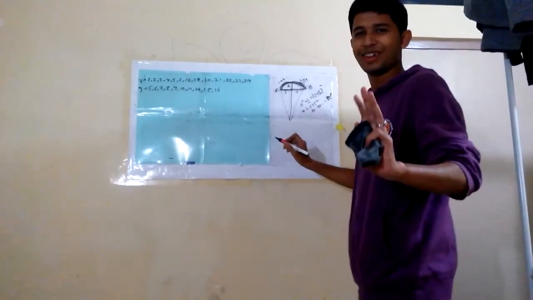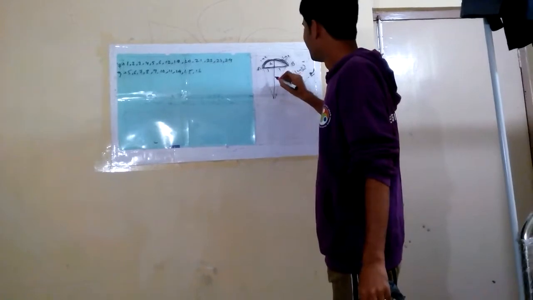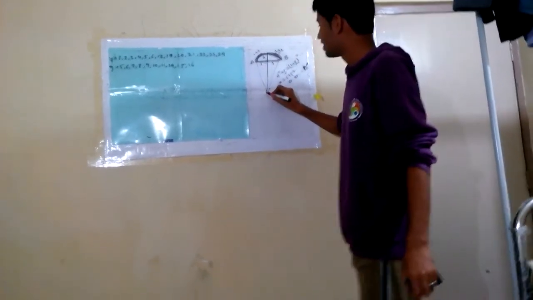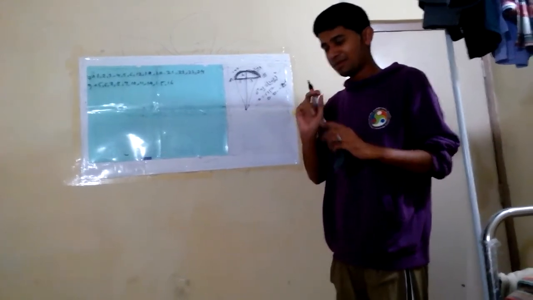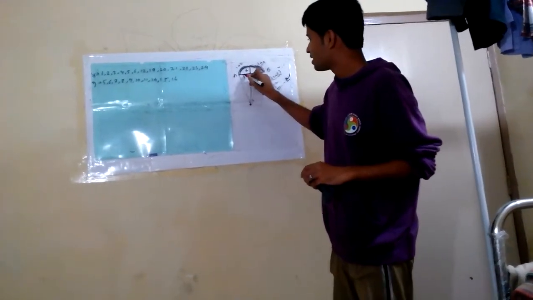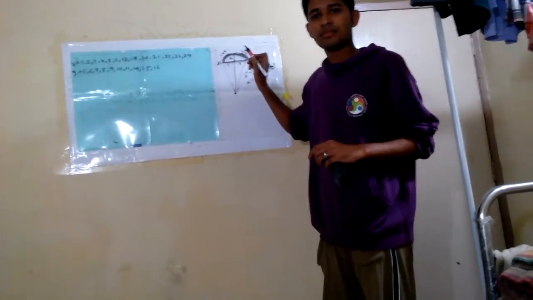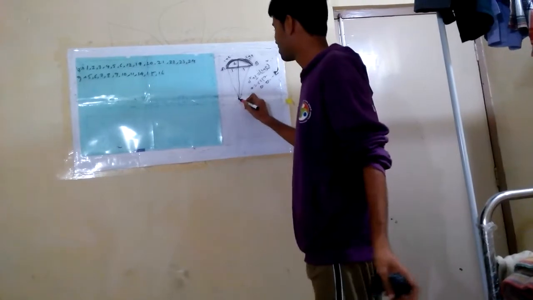Wait, be patient, okay? There are others in the class. Now, suppose this is the center. Okay, this is the center. Now again, I have summarized all the approximation that I will use. No, you don't need to summarize. Just go on with the approximation. I will go on. I will tell the approximation as they come.